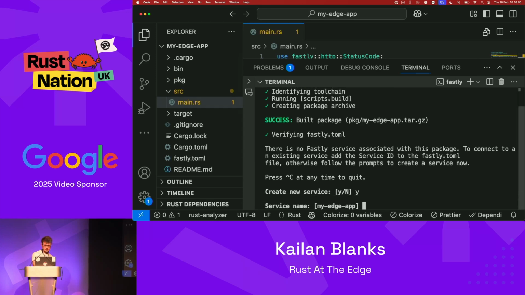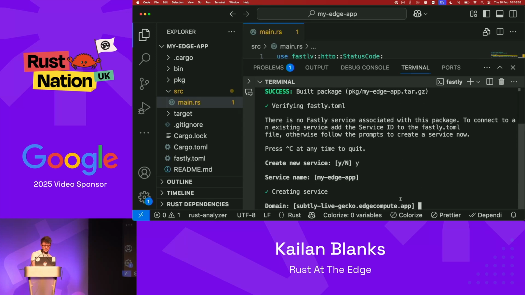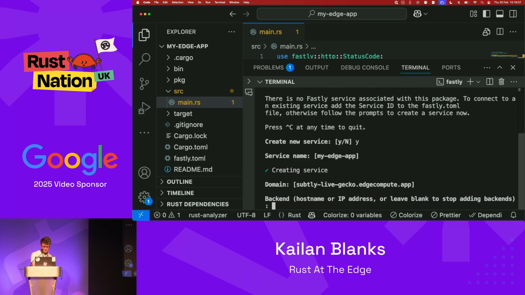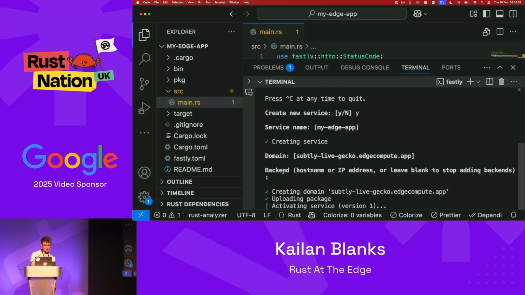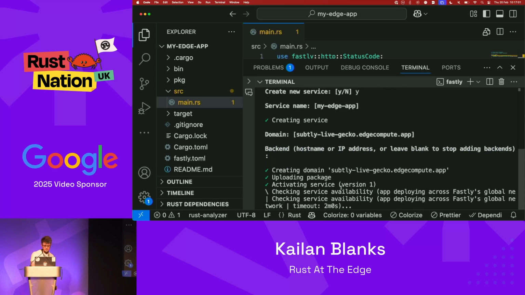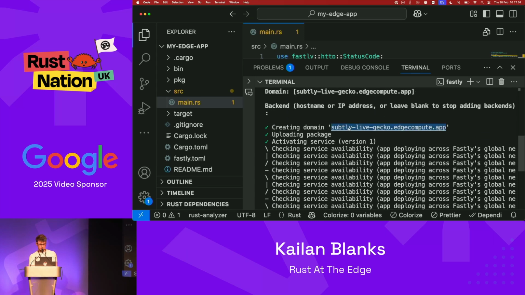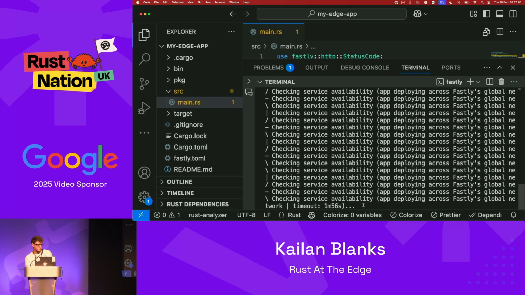There we go. We'll create a new service. We'll again go with the defaults. We'll choose the funky domain that it has generated for us. And we don't want any backends. I'll go into what these are a bit later. So while that's deploying to the edge, which can take a little while because it is deploying to every single